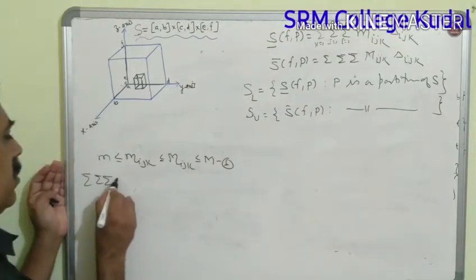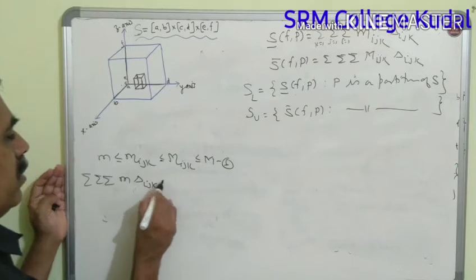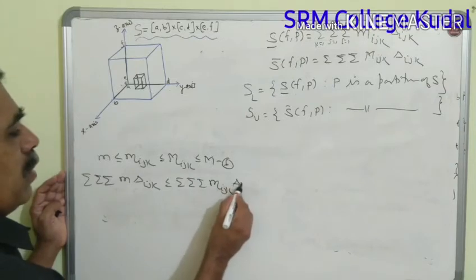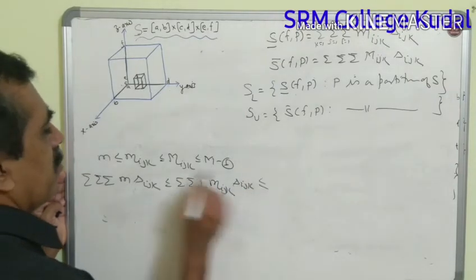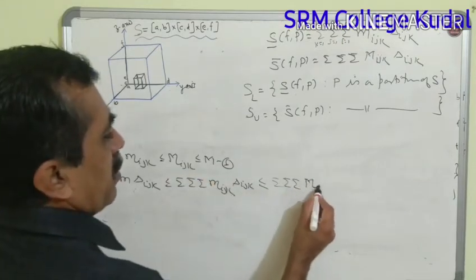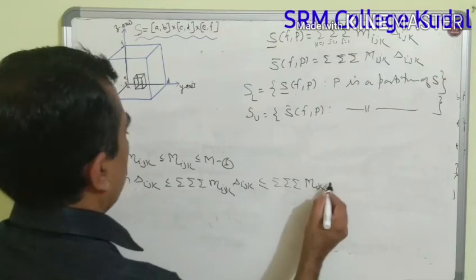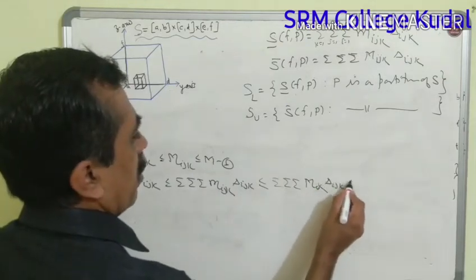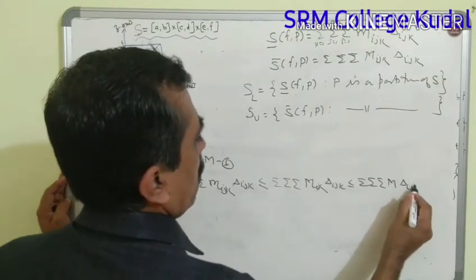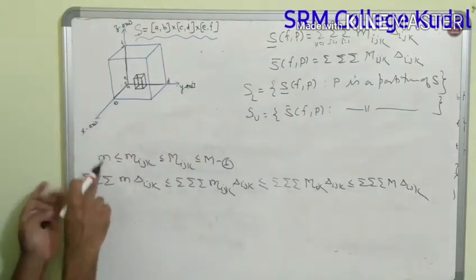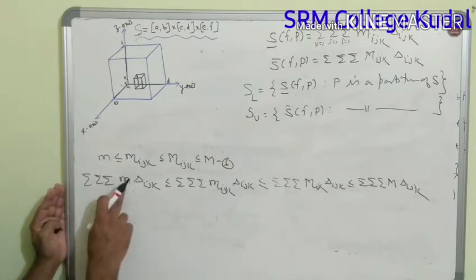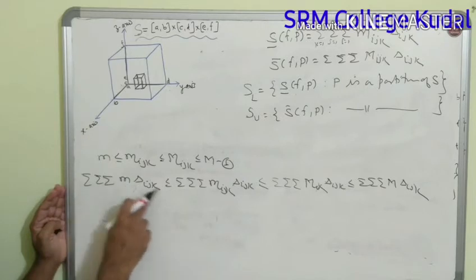Okay, so triple summation small m delta Ijk less than or equal to triple summation Mij delta Ijk, less than or equal to again triple summation capital Mij delta Ijk, less than or equal to again triple summation capital M into delta Ijk. Now everywhere I runs from 1 to L, J runs from 1 to N, and K runs from 1 to Q. Now this M has nothing to do with these variables I, J, K, so I will take